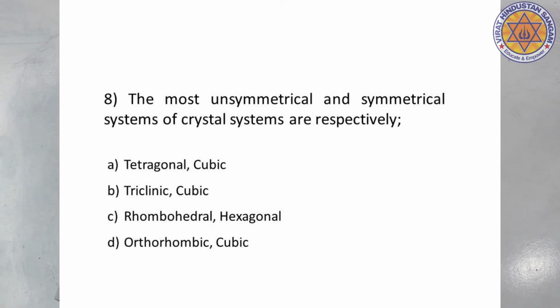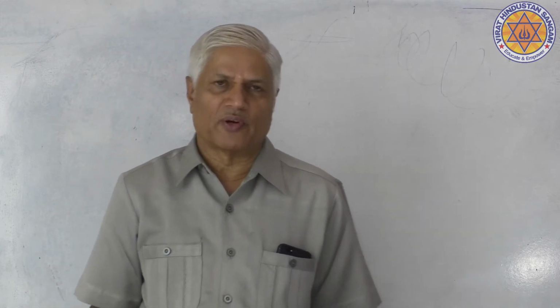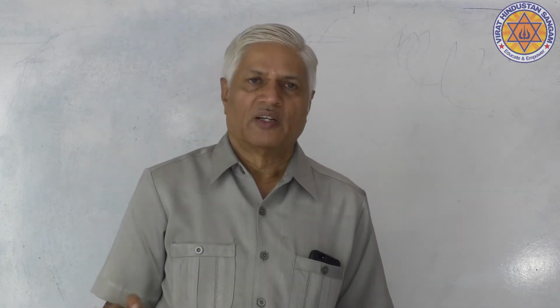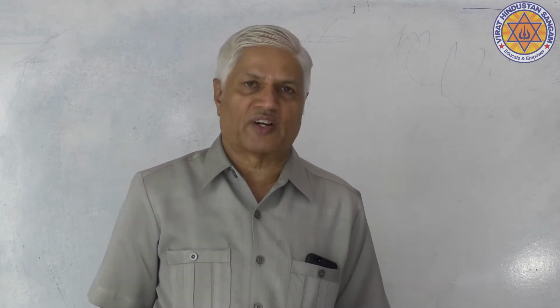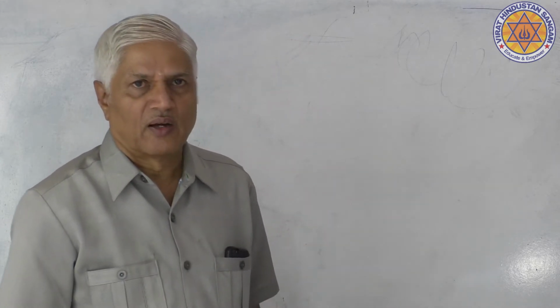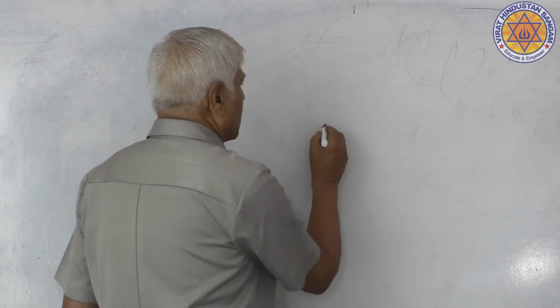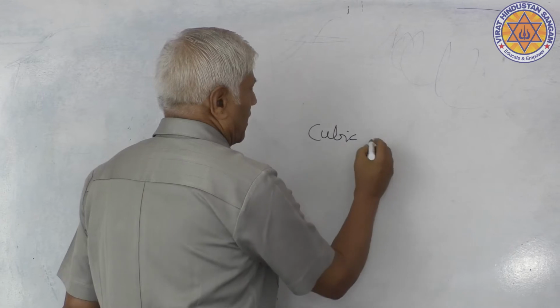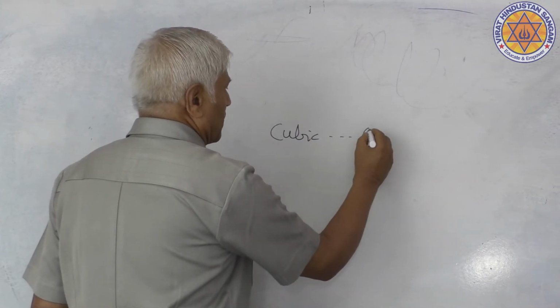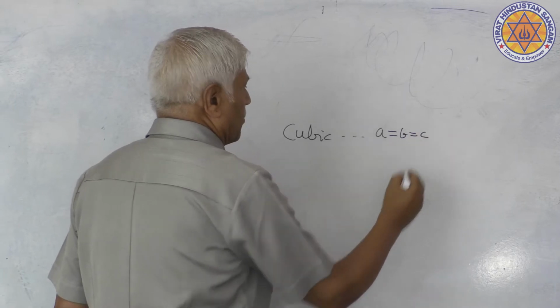In the solid state chapter, you have been told that there are 7 different crystal systems. No need to remember all these 7 crystal systems because it is a memory based question. So we don't tax you too much on this particular aspect of solid state. It's enough if you remember out of these 7 systems, which crystal system is most symmetric and which crystal system is most unsymmetric.